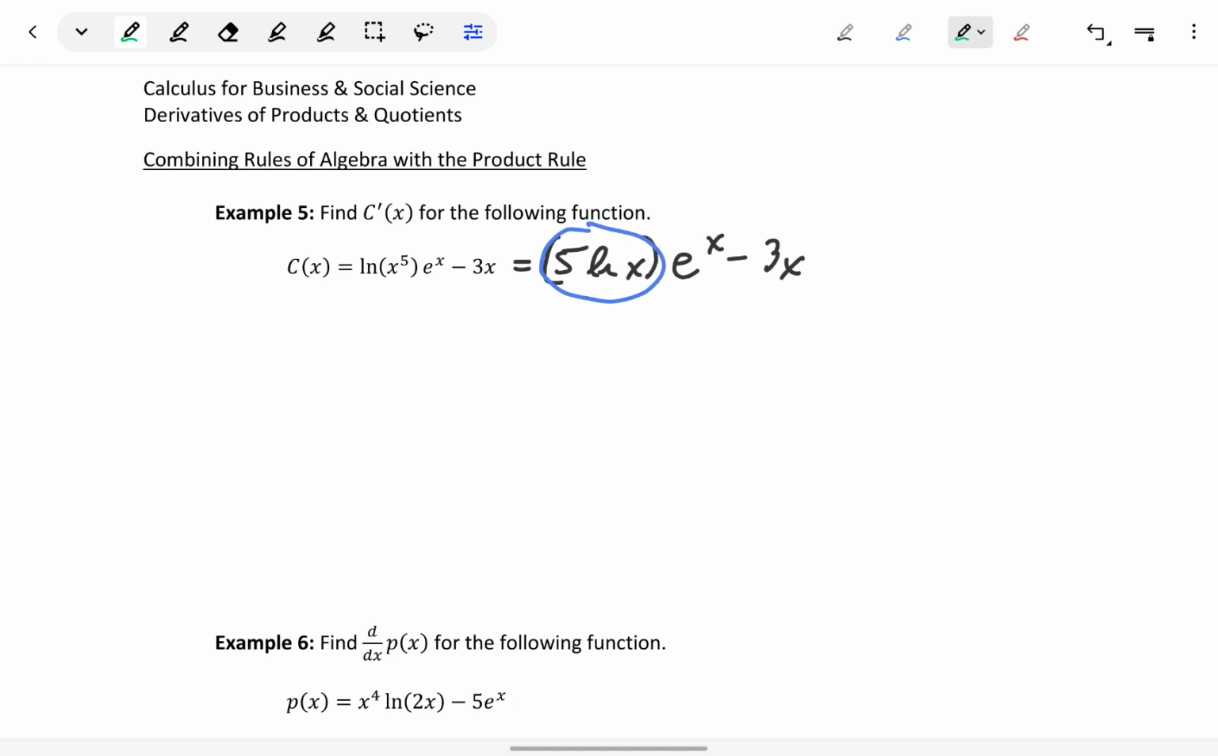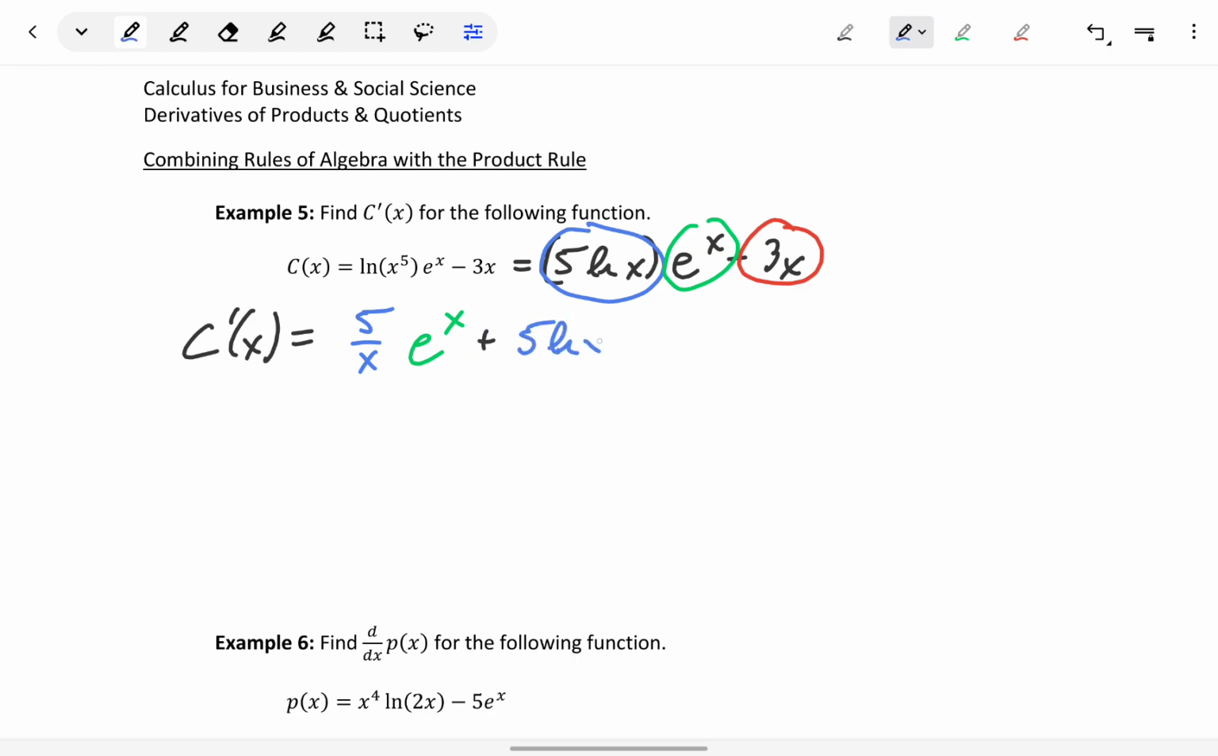And then we can identify our two functions in the first term, and then in the second term we just have a single function, which will just be a simple differentiation step. To find c prime of x, we'll take the derivative of 5 times the natural log of x, which will give us 5 over x times e to the x